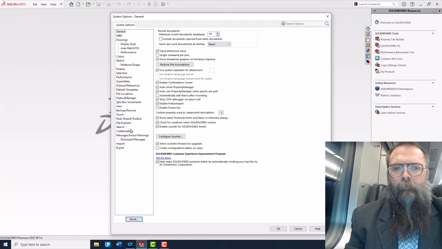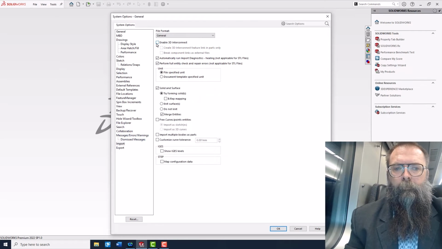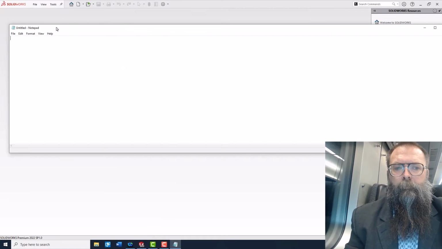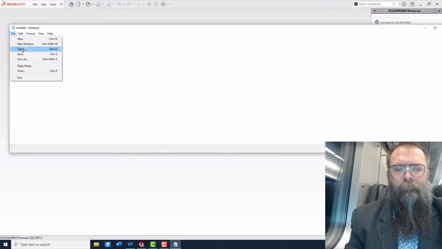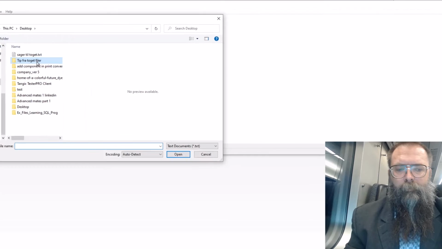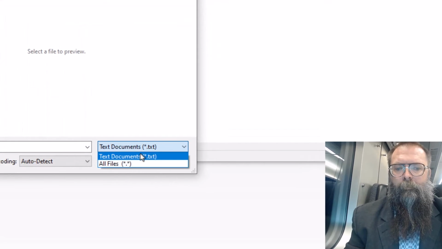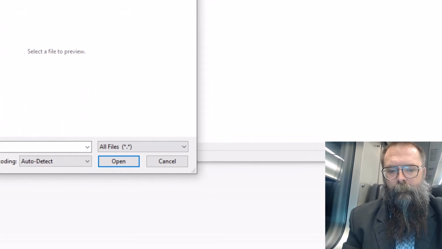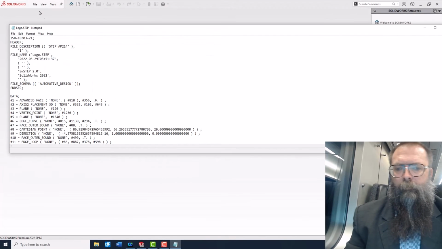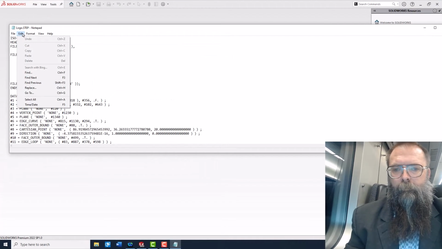First, go to your import options and turn off 3D Interconnect. Next, open up a notepad and open the step file in the notepad. Just ensure the file type is set to all files. Go to Edit, Replace or Ctrl H